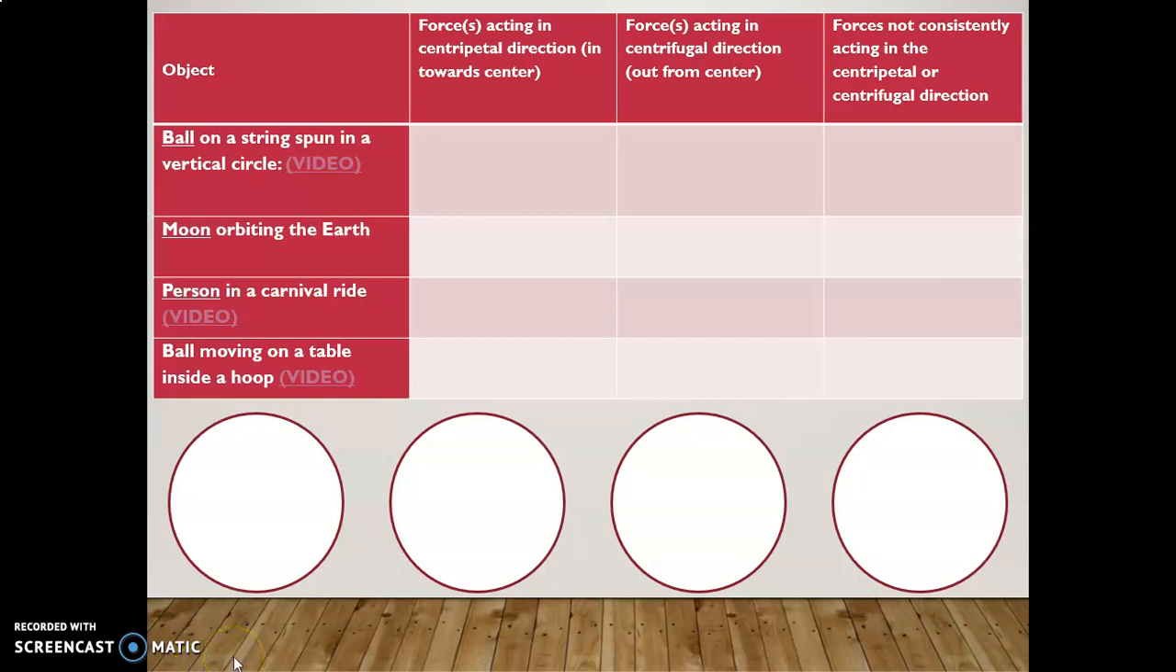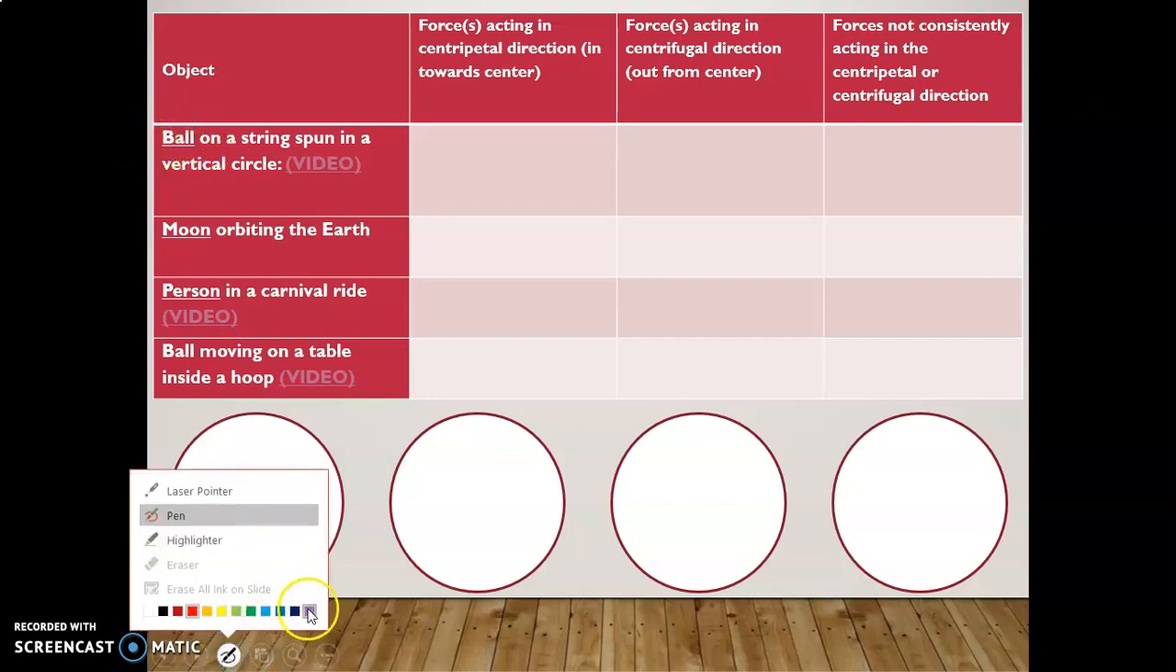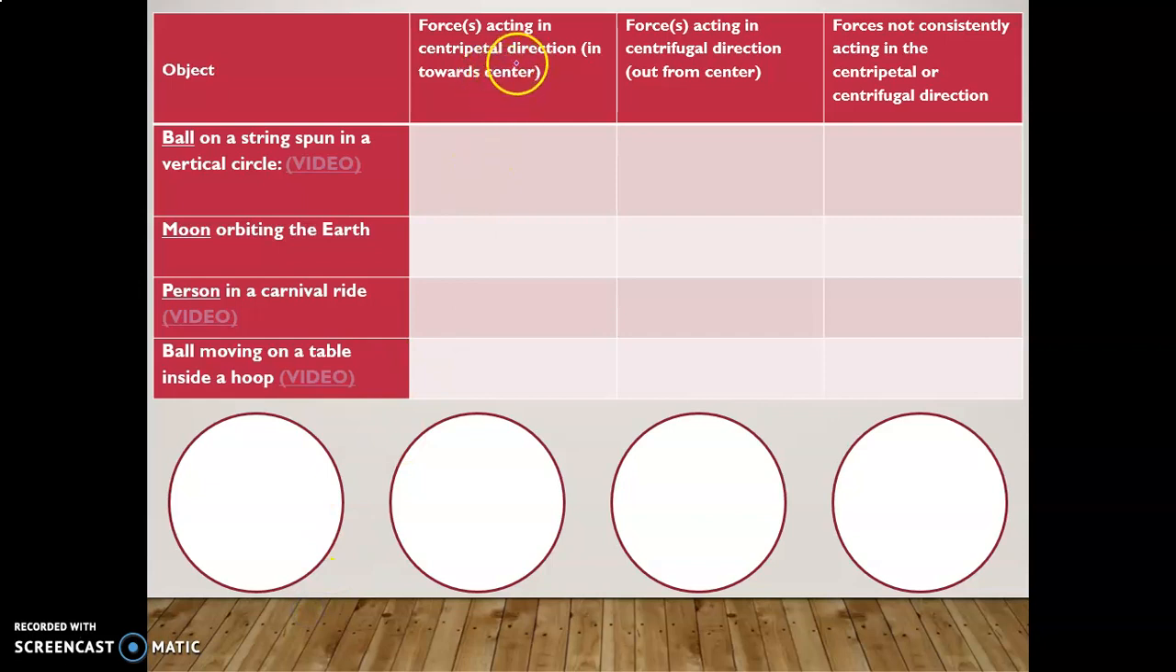In this video, we're going to talk about several different scenarios. We're going to look at objects moving in circles, and specifically, we're going to be talking about the object that's underlined and what's going on with that object. So we're going to look at, well, of the forces acting on that object that's underlined, are there any forces